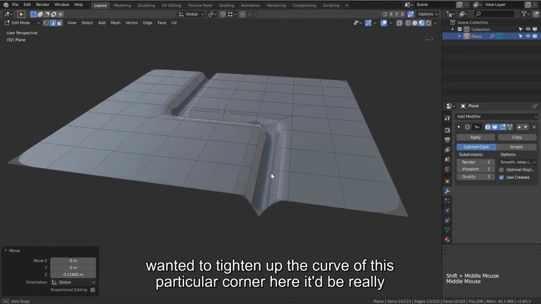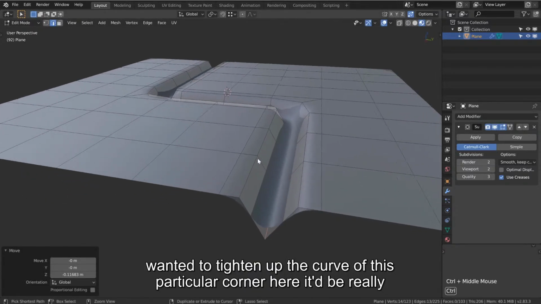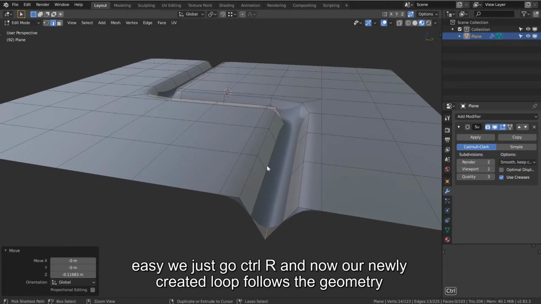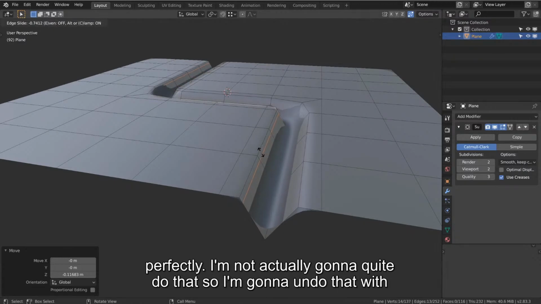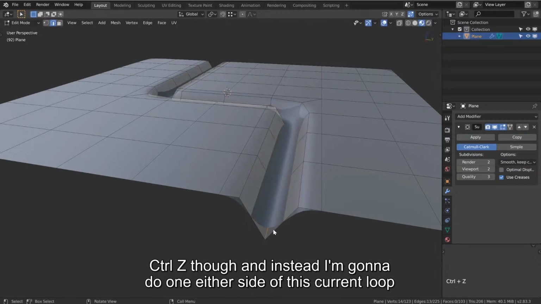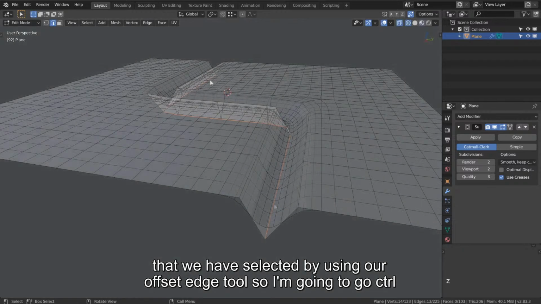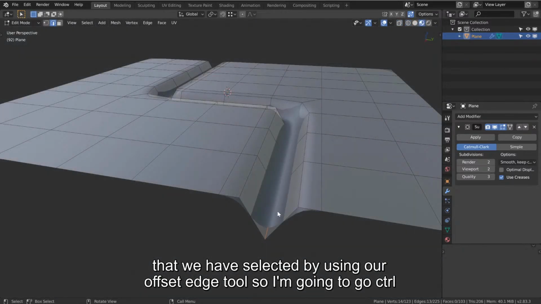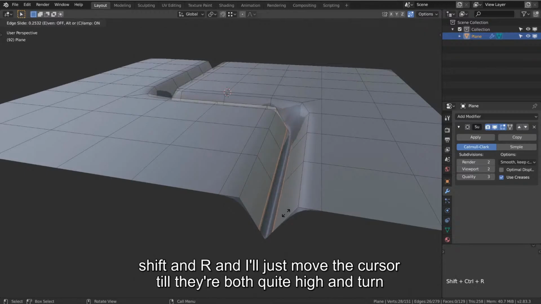And now if we wanted to tighten up the curve of this particular corner here, it'd be really easy. We just go Control R, and now our newly created loop follows the geometry perfectly. I'm not actually going to quite do that, so I'm going to undo that with Control Z though, and instead I'm going to do one either side of this current loop that we have selected by using our offset edge tool. So I'm going to go Control Shift and R,